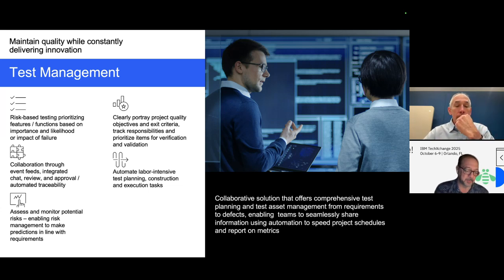So talking about that traceability, test management is a big piece of that traceability that we want to manage, that digital thread, as we say. How do we guarantee that all the requirements that have been defined are now being tested and that they're successful? What kind of result do we have? Do we have complete tests proving that what the product does is what it's supposed to do, what we said it should do, right? So